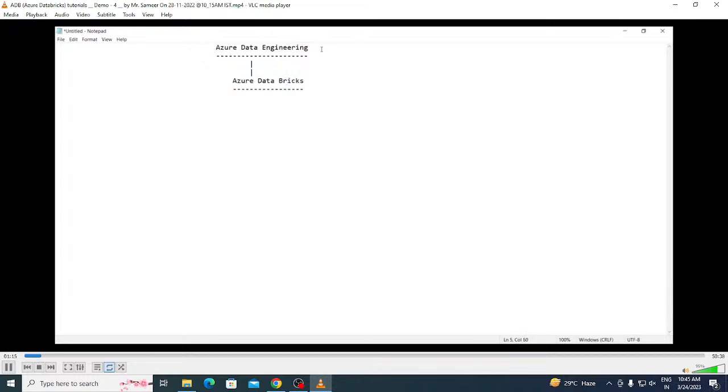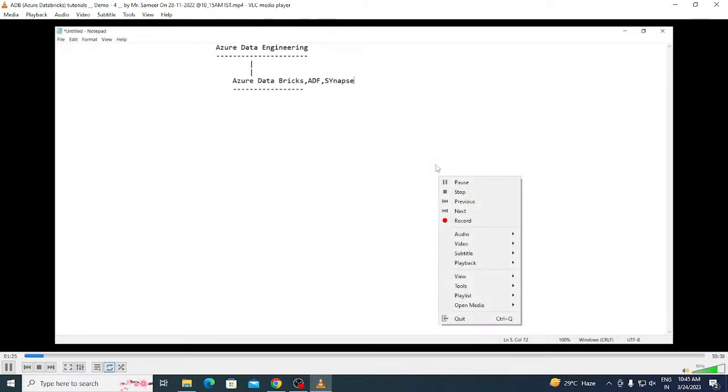Apart from this, they are also using the service called ADF, Azure Data Factory. They're using the service called Synapse, etc. And Synapse, and then we have the